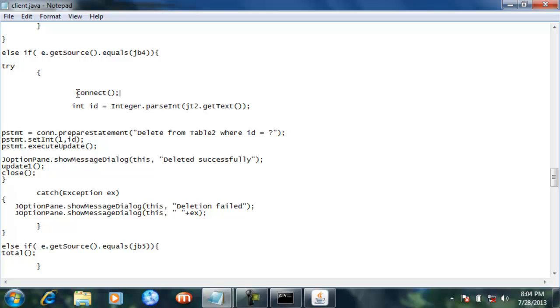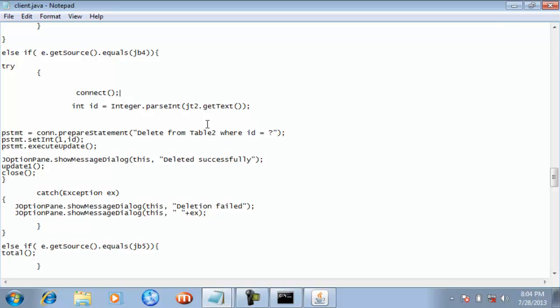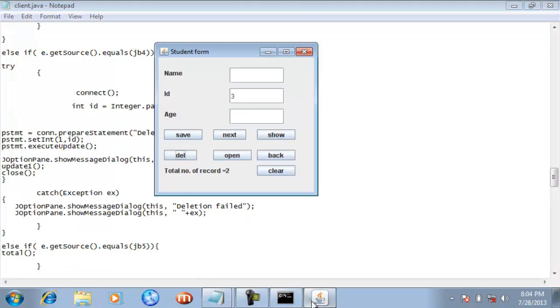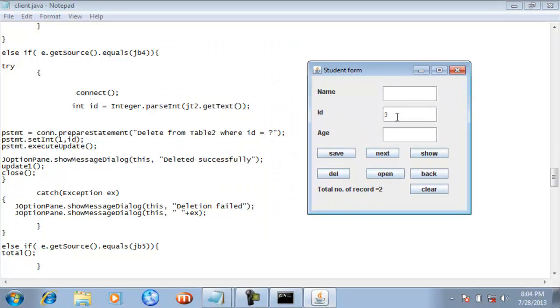So first we have established a link. Then, whatever ID value you have given here that you want to delete, I have transferred that value from this JT2 into this ID named variable.